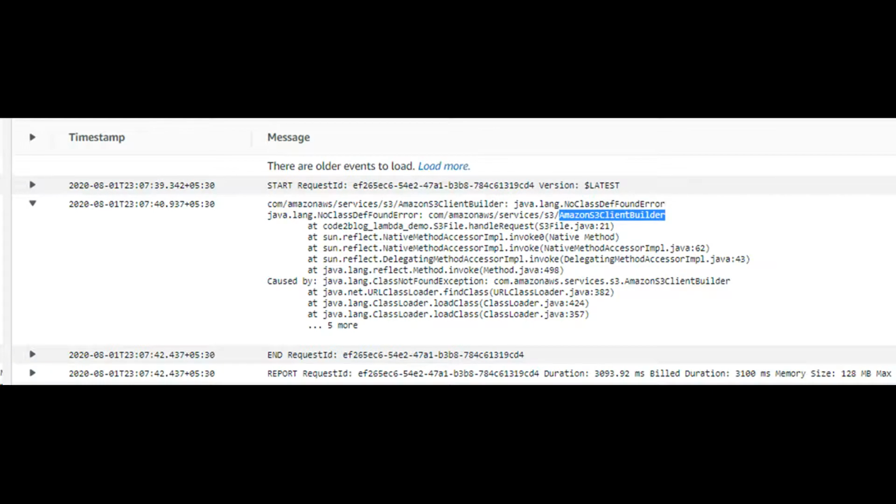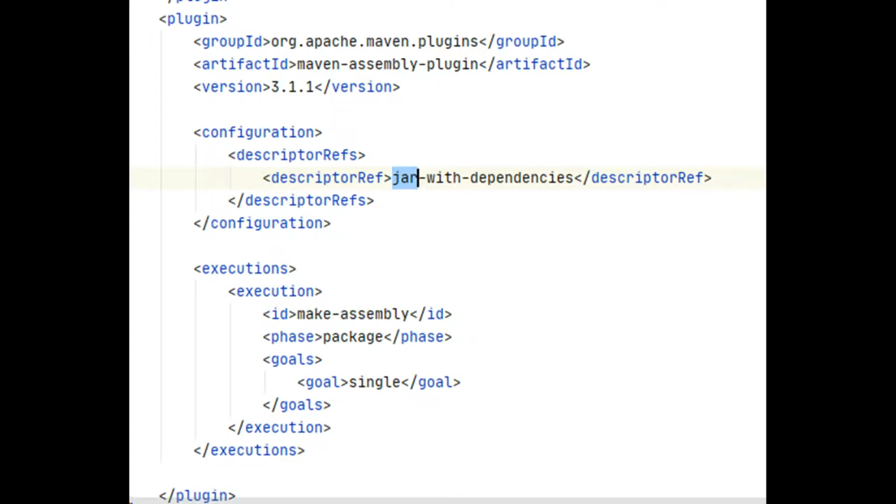If you see this error, it indicates that you are using classes from AWS Java SDK S3, which is not provided to you when you use lambdas by default. You have to upload dependencies along with your initial jar file. I have used this Maven plugin to create a fat jar for me with all dependencies. I simply run Maven package and get the jar file with all dependencies included.